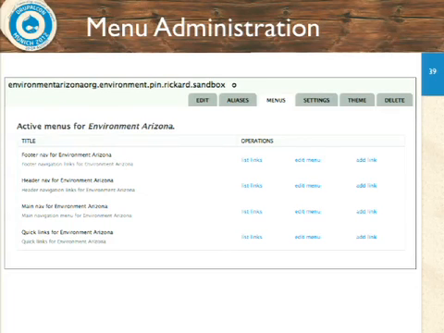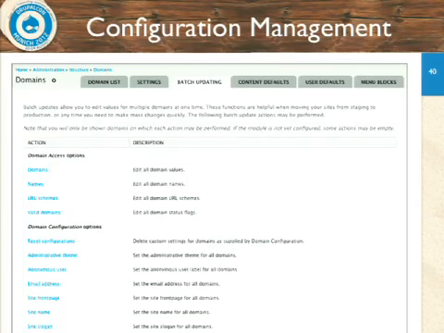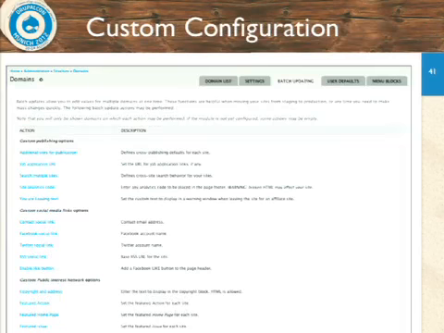But that is an interesting problem. So we also give some configuration management tools. This is just a little overview. There's actually a page in the domain access system that says, hey, here are all the configuration options that are domain sensitive. Which one would you like to do? And it's also configurable, which is really, really nice.